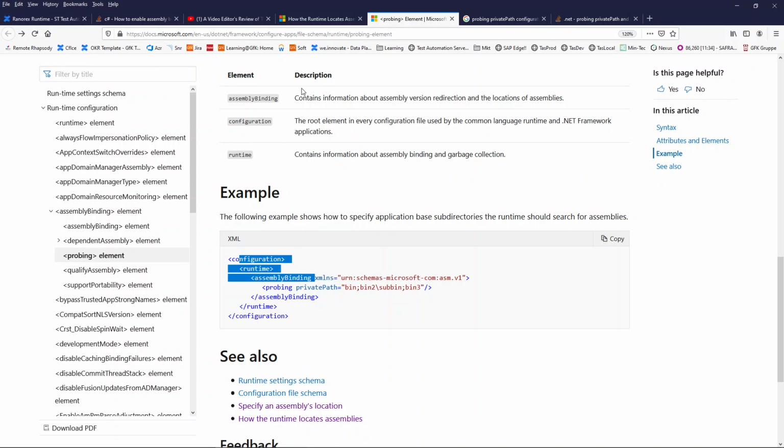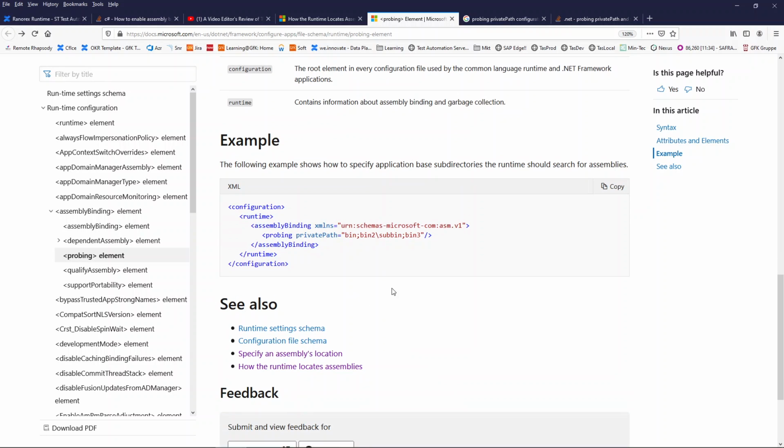The problem of this table is that it does not respect the order. First configuration here, then runtime here, then the first line assembly binding. It doesn't break anything. You just copy paste this value. I was wondering what this is, and just don't care. Copy paste this value, it will work. So I do it.